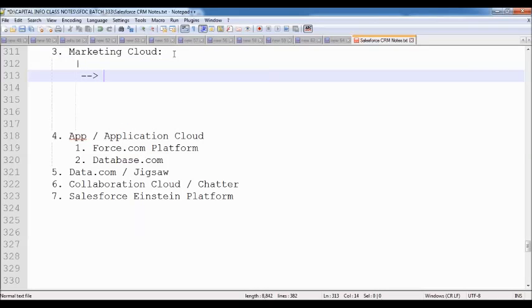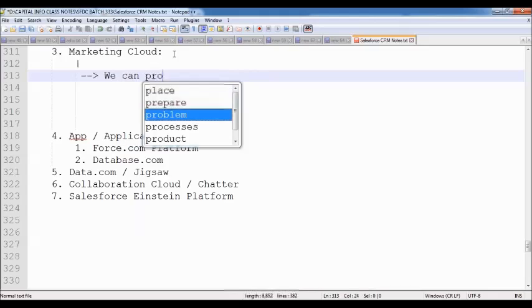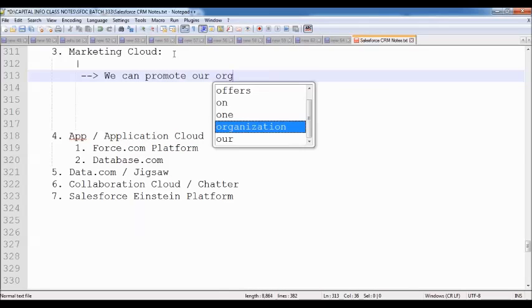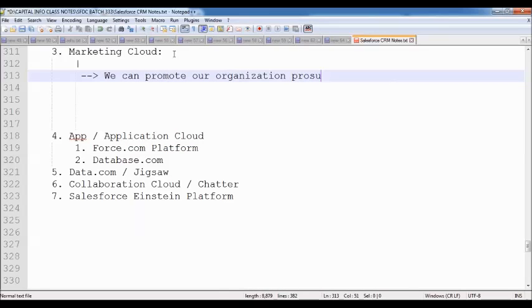By using Marketing Cloud features, we can promote our organization's products or services.